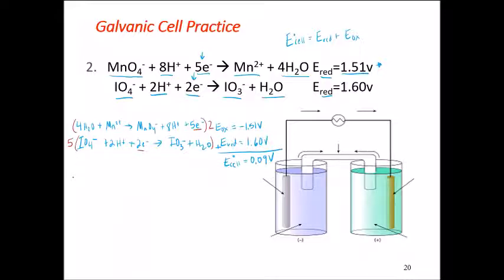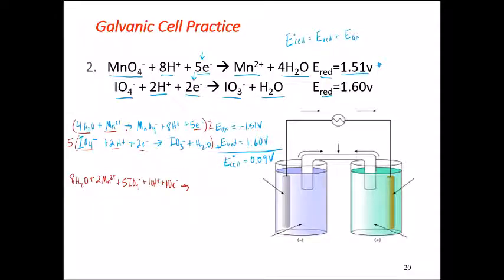So this ends up being 8 water plus 2 manganese. And I'm just going to go ahead and do all of the reactants together. So this is going to be 5 periodate plus 10 hydrogens. That's going to give me 10 electrons for the reactant side. So I took care of all of our reactants. Got them all multiplied. Now let's do the products here,